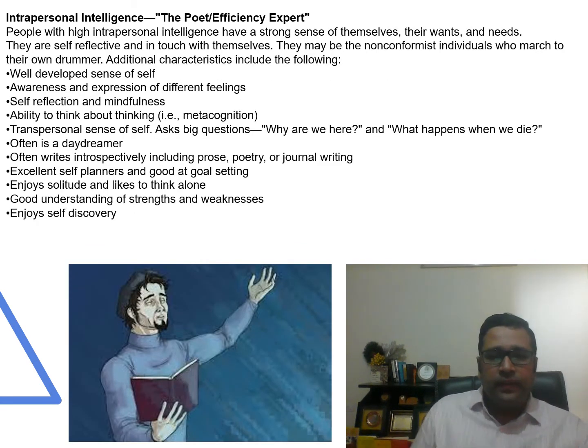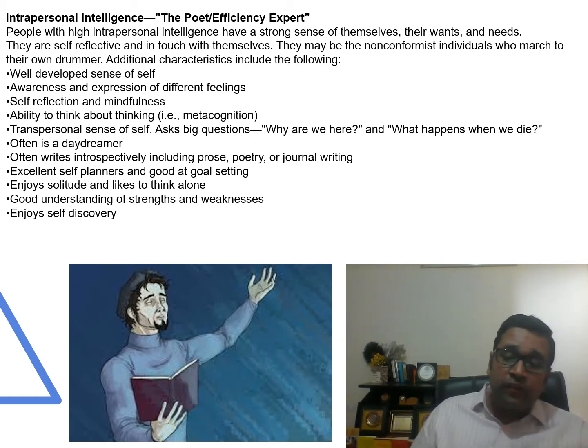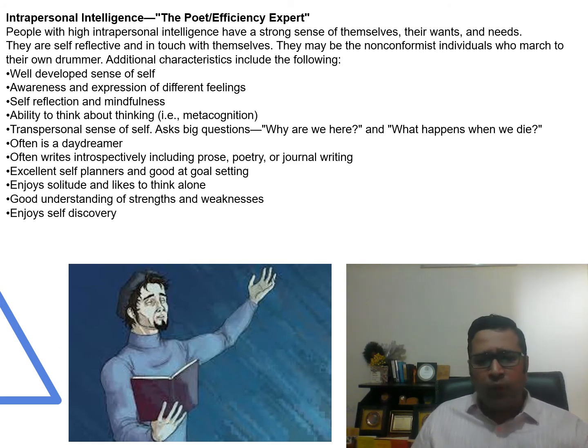Moving further, intrapersonally intelligent people: the poet and the efficiency expert. People with high intrapersonal intelligence have a strong sense of themselves, their wants, their needs. They are self-reflective and in touch with themselves. They may be non-conformist individuals who march to their own drummer. So these are people who know themselves and they are non-conformist. They know what they want, what they need, and they are able to very clearly tell others